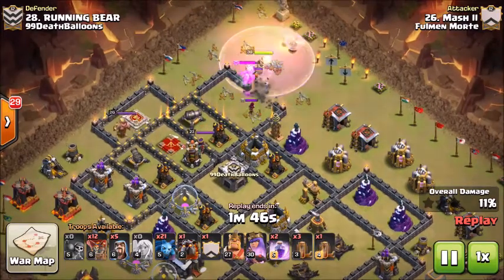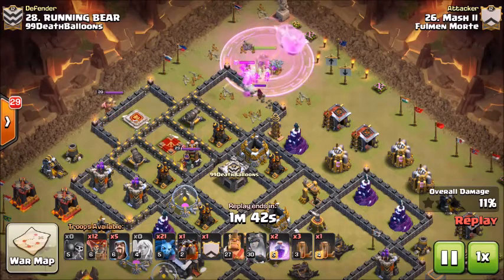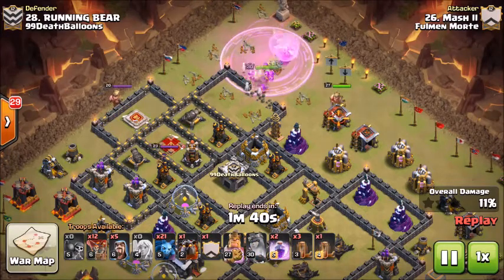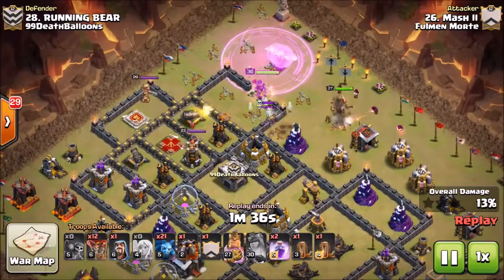so that way he's able to get this open and get that Queen into those air defenses. Clan Castle comes out, he gets a rage down, and then he's just going to go ahead and pop the ability to make sure that those Valkyries and Baby Dragon don't do too much work on that Queen. And then he's going to get the Barb King down with a couple wizards behind that